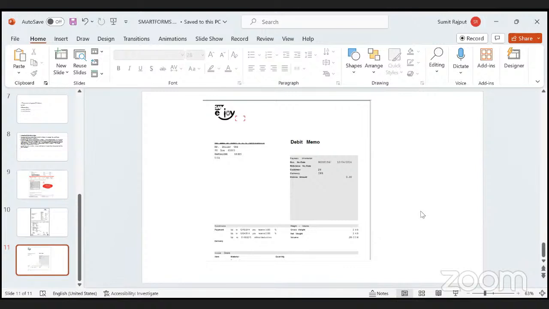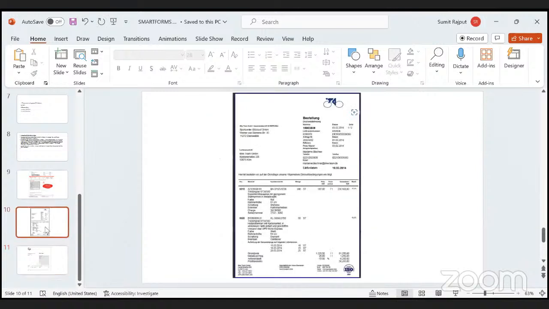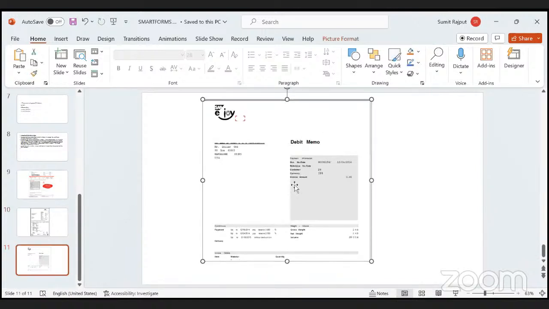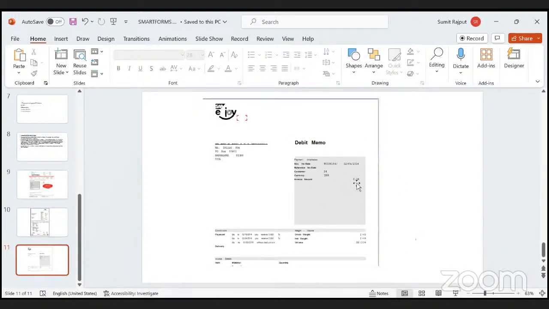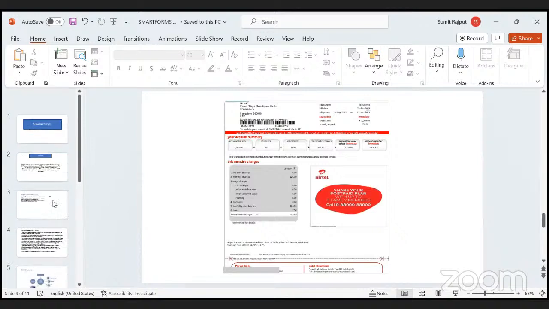Most businesses do not work on the case that your item was faulty and we need the return. What they do is they just issue a debit memo or credit memo, and later on that can be utilized to do the transaction. So this is all the introduction we have seen for the smartform. And then